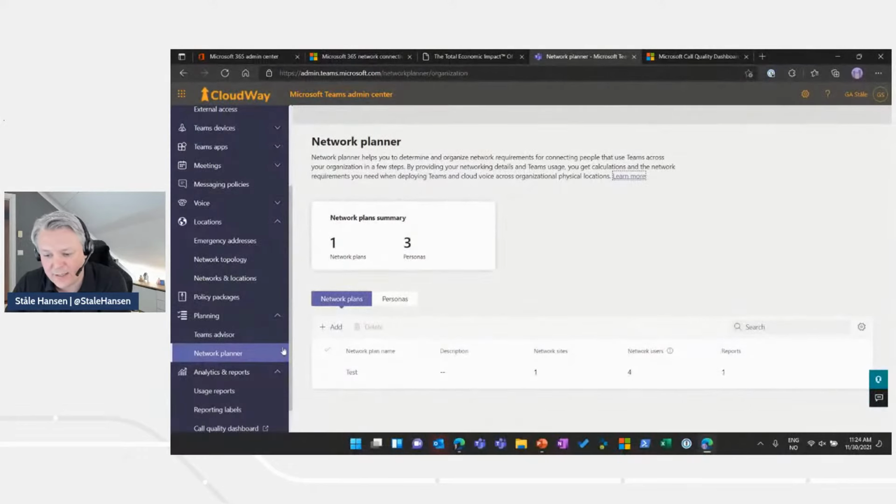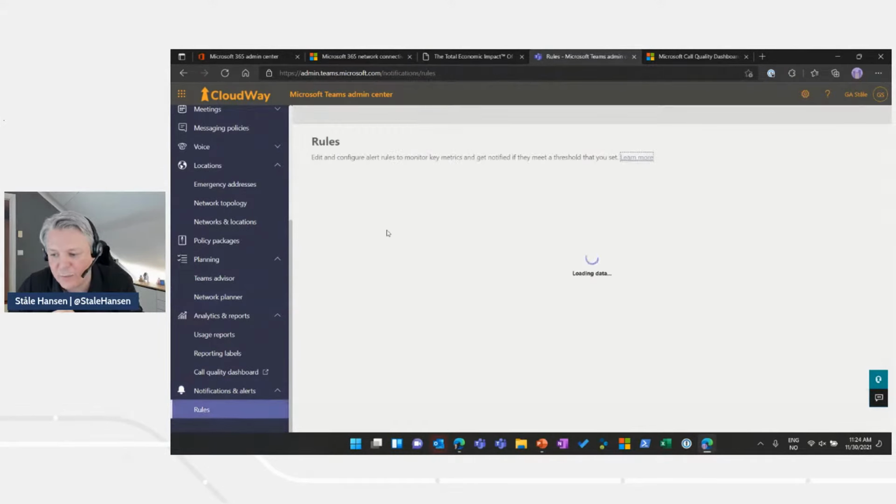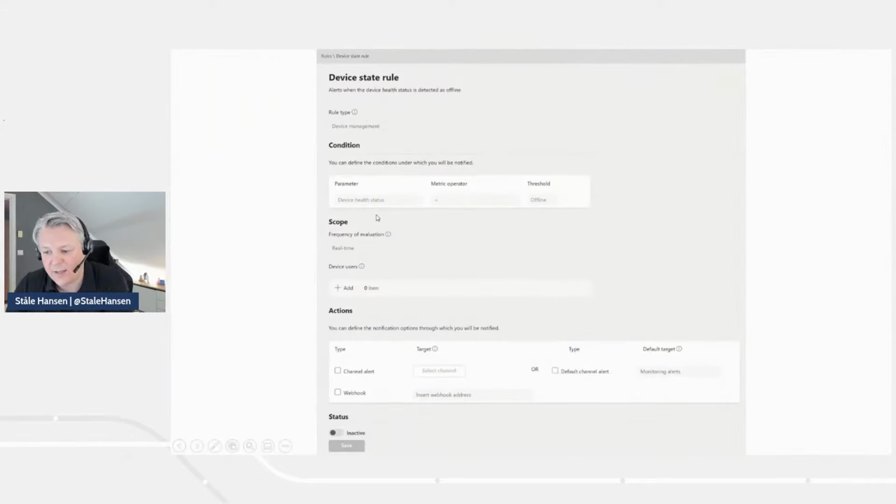So what this looks like is that you can go in and you find this under notifications and alerts and rules. This is where you will find this. And here you cannot define this rule. This is an out-of-the-box rule, but you can make sure it's active, and you can add the different devices you want to see here, and it will give you an alert if the device goes